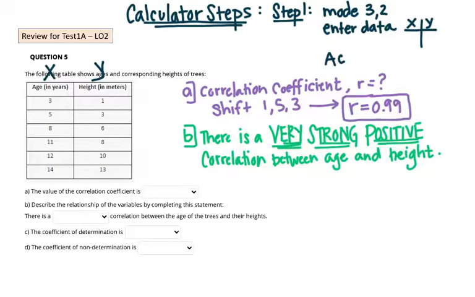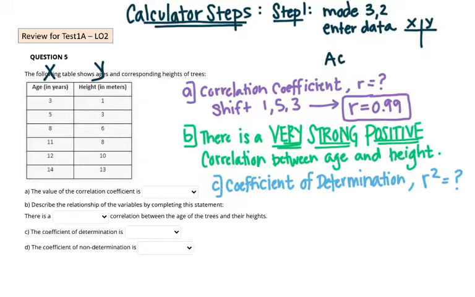Part C is asking about the coefficient of determination, which, as you remember, is R squared. So to find it, all we have to do is take R and then square it. It's better if you just press the answer button in your calculator. That way we won't make any rounding errors. And then we will get a number rounded to 2 decimal places is